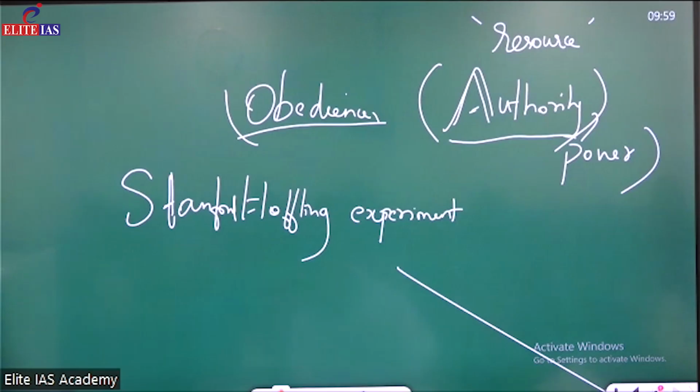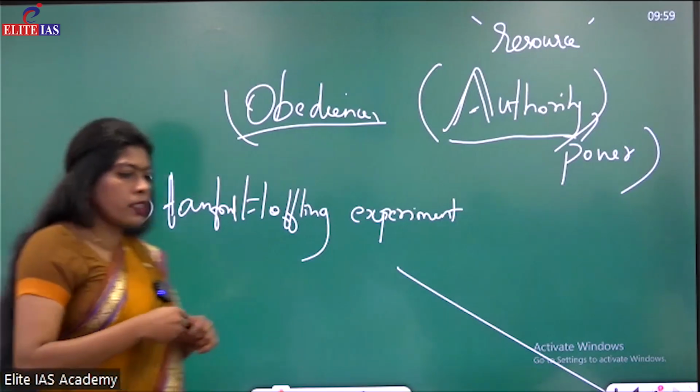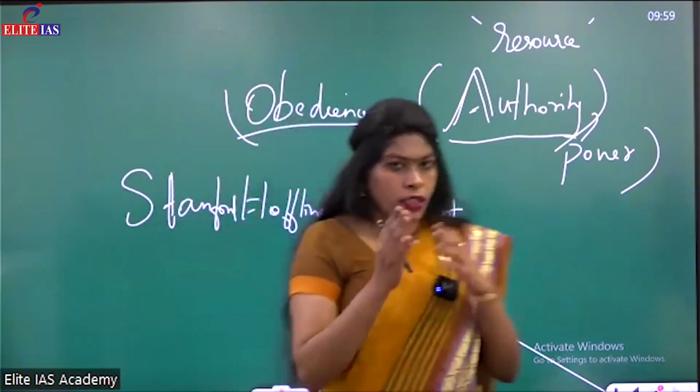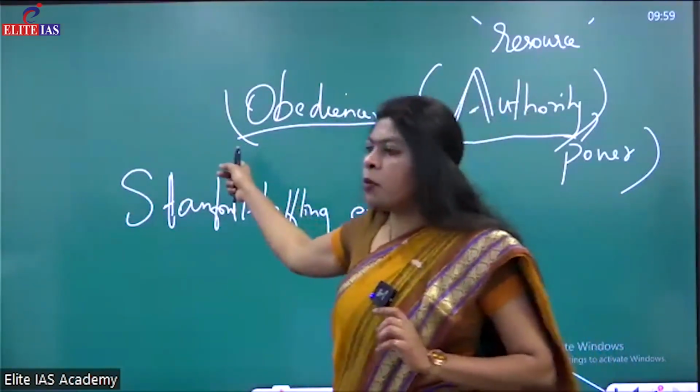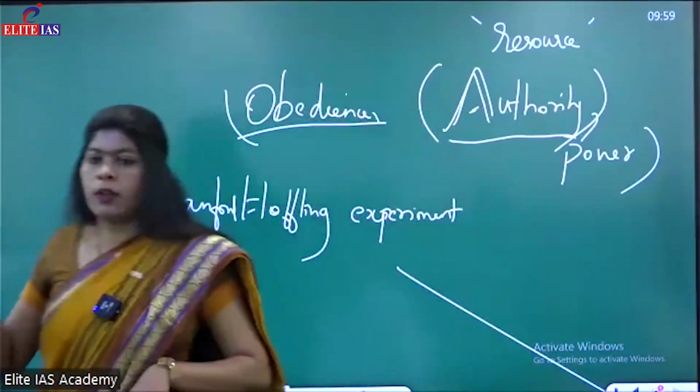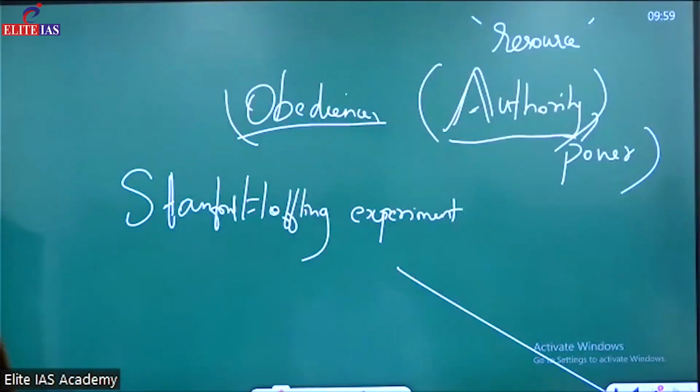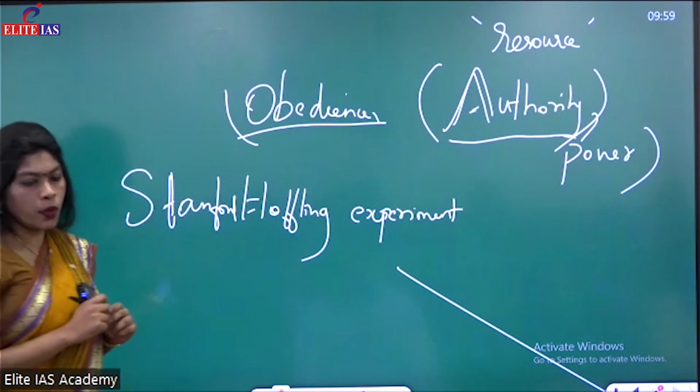It's a form of social influence. So when I'm making you write about the difference between persuasion and social influence, then you will know why I'm saying obedience is a social influence technique only. Okay, so just write: obedience is a form of social influence where an individual acts